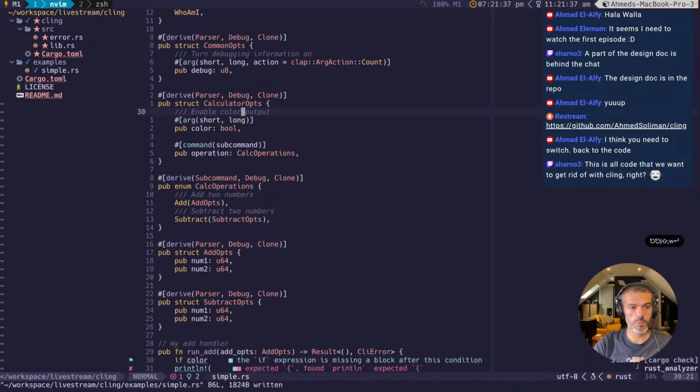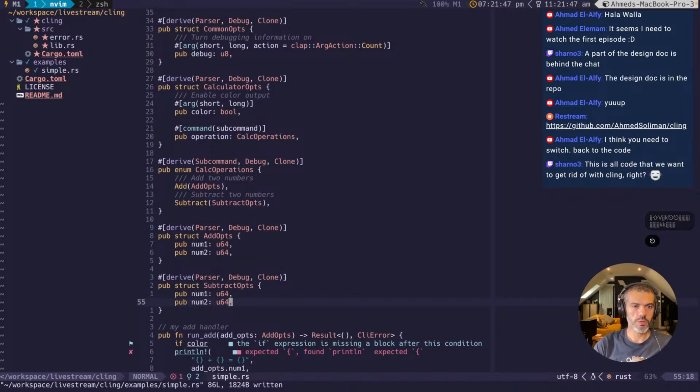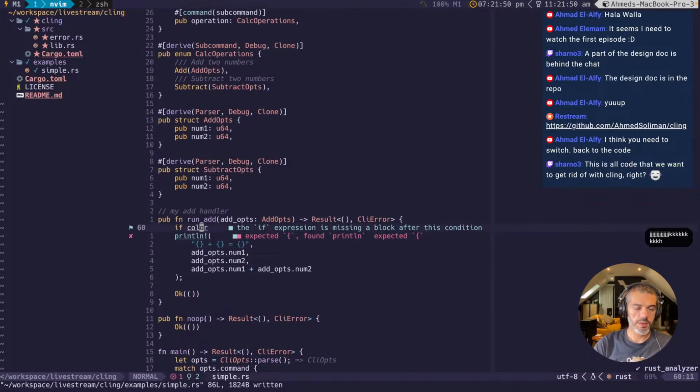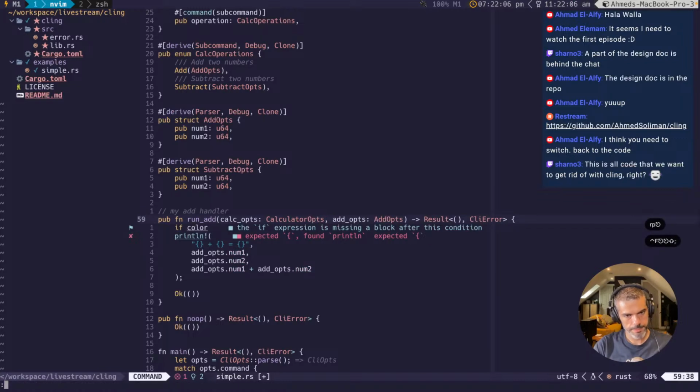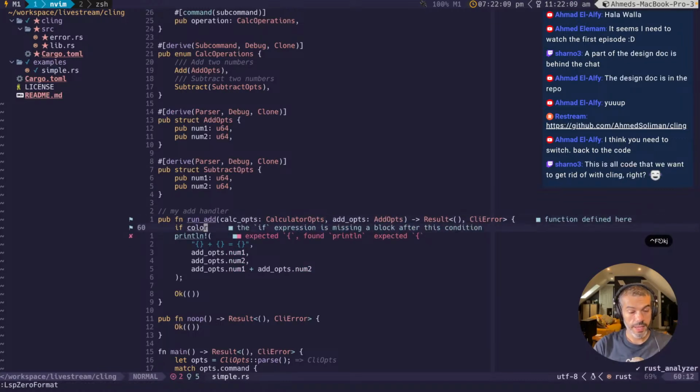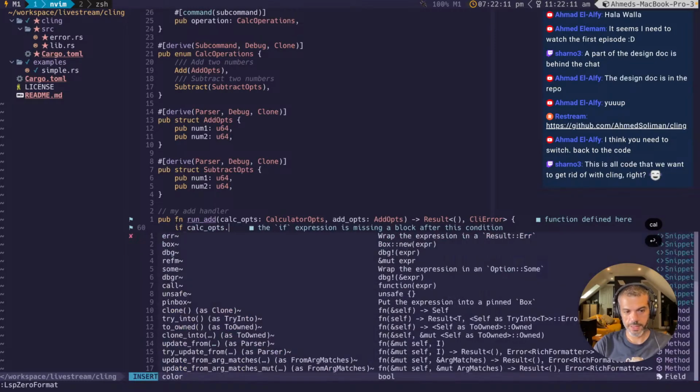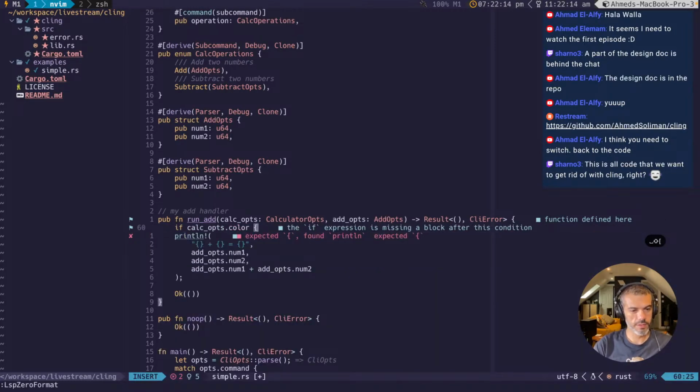Like it's a design challenge. We want to support that particular structure. So a struct can have any number of arguments, right? And a command. So here it's called CalculatorOpts. And here, if you want to have an if condition on a color, you really need to have access to that particular structure. So in that case, it's going to be calc_opts, which is CalculatorOpts, right? And in that case, you can actually have access to this. So calc_opts.color. Yeah, so you can say if color,